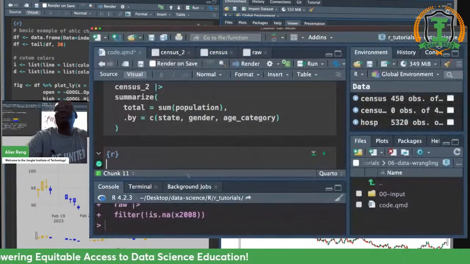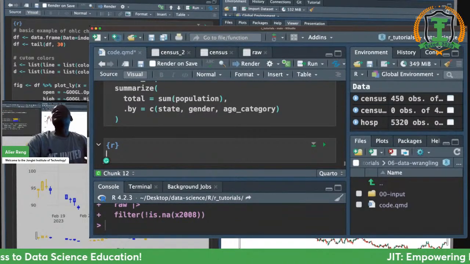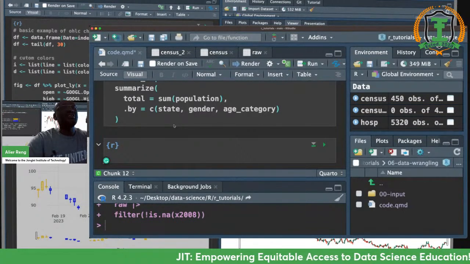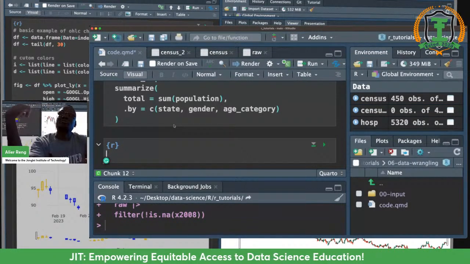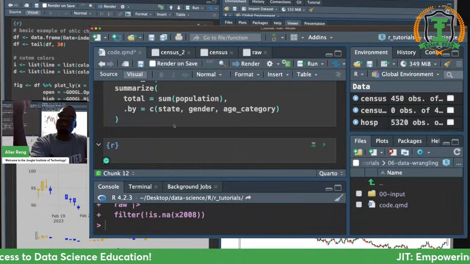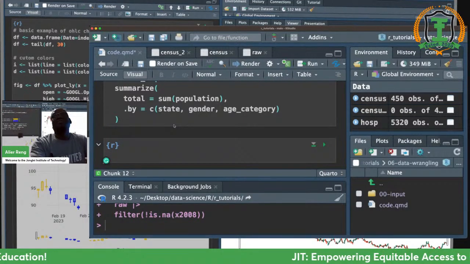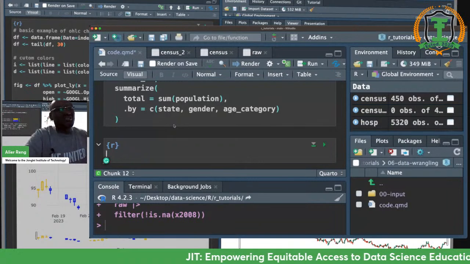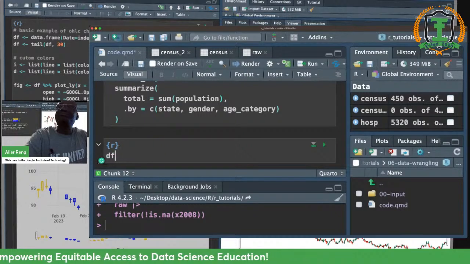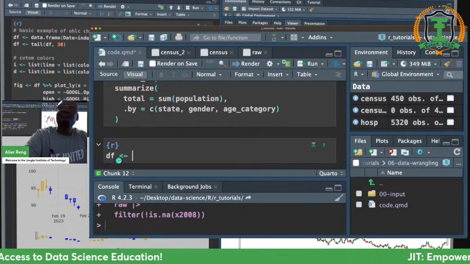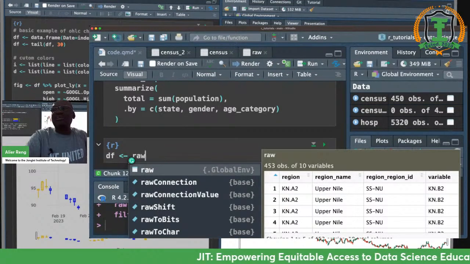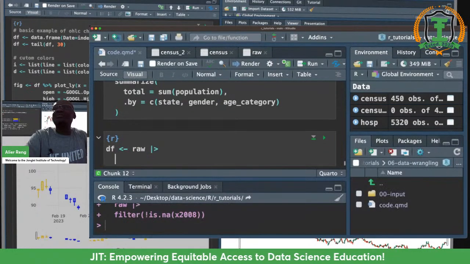So let me add another code chunk. Here, knowing South Sudan, I know we had 3 original regions before we had 10 states. So I will add a column for the former regions. And the reason I'm doing this is, let's do it first before I say that. I'm going to just call it DF as a data frame, and then I'll take my raw data set and pipe it into